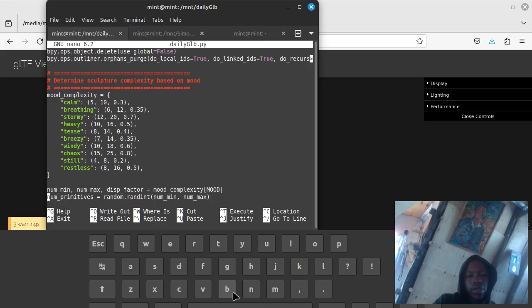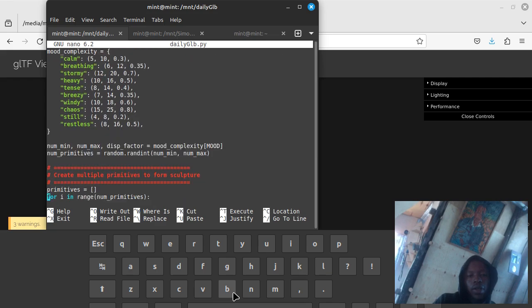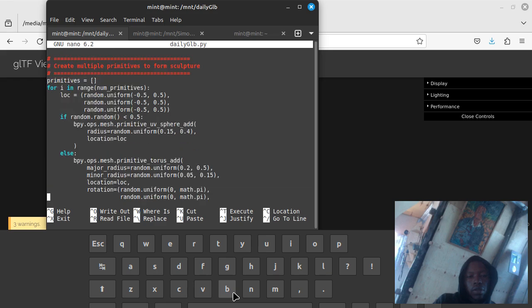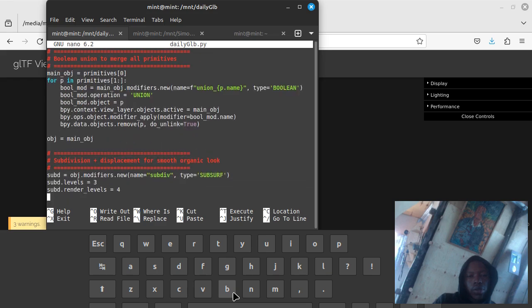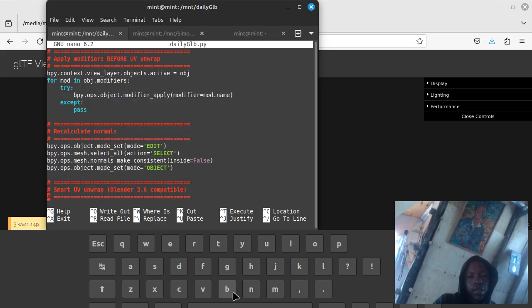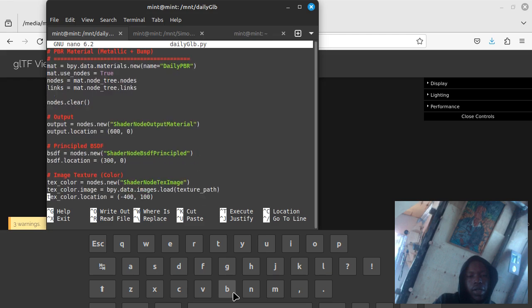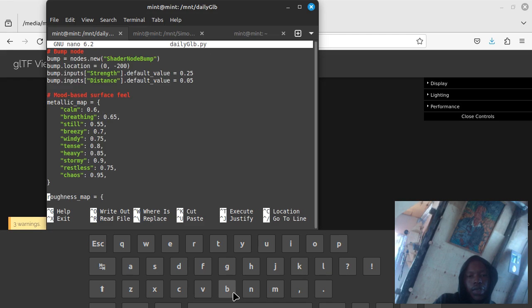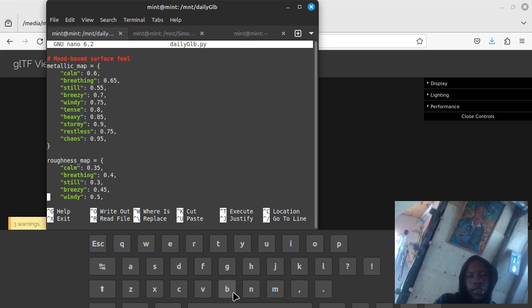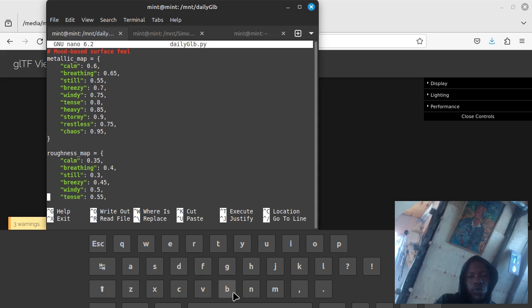And then of course that's the logic behind it. And another thing is the metallic feel is determined also by the modes. This is something that I've come to advance later from